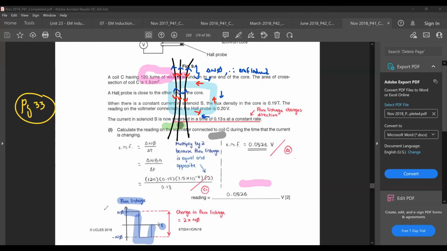Because let's just say right now, this one is for current I. This one is for negative I. We're talking about the flux linkage through the coil. If I have a current in one direction, I, this is my flux linkage. But then if I reverse the current direction, this is now my flux linkage. It has changed direction. And this occurred in a time of